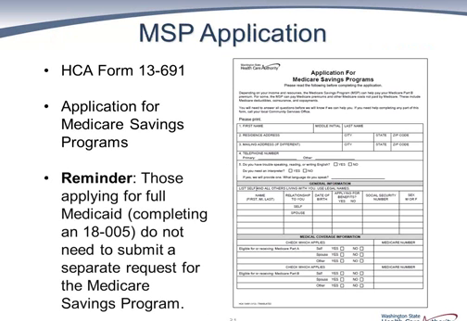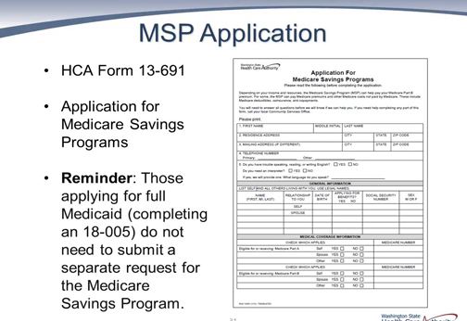The Medicare Savings Program is kind of unique in that you can apply for that program using the 18005 that we've been talking about today, that classic Medicaid application. But you can also apply for it using a modified or reduced application, called the Medicare Savings Program application. It's a little simpler, and so if an individual is just wanting to apply for the Medicare Savings Program, they're not wanting us to look at full either categorically needy or medically needy Medicaid, they can apply